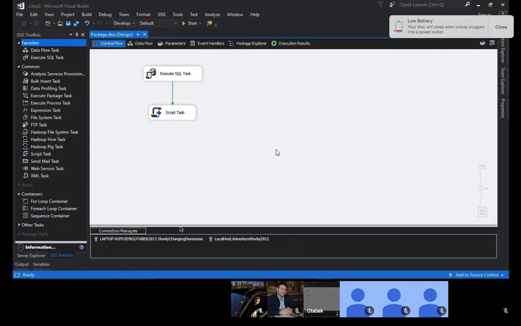For example, we think that the package is ready in the development environment, and we want to push it to UAT or another environment, a production environment. In that case, we don't have to go down, import the package, and then open, edit the value, and then redeploy, reschedule. So in order to skip those parts and be able to manipulate it outside of the SSIS package, we need that